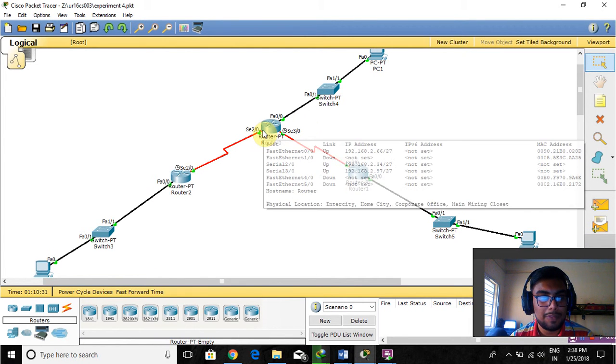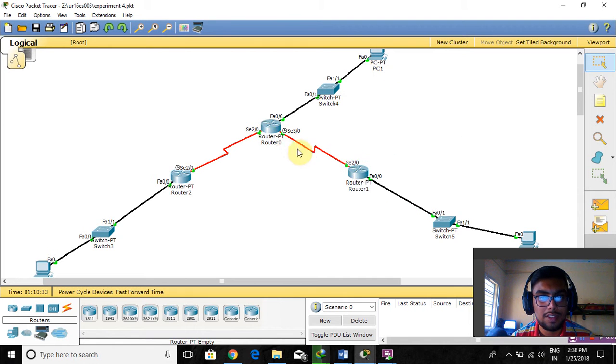That is, this network should be accessible by these two networks, and this network should be accessible by these two networks, and this network should be accessible by both these networks. We can find out if these networks are accessible by pinging from this end device to both these end devices,